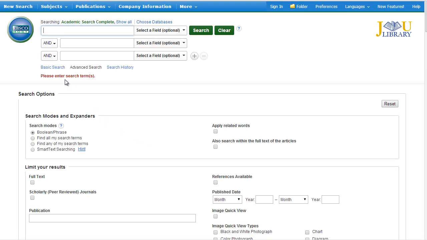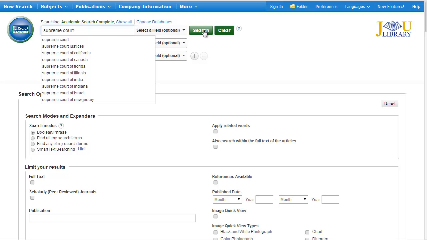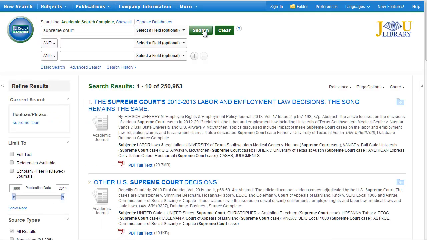Keywords don't have to be tricky. Think of them as step one in the detective process. They're basically just words about your topic. I'm going to keep it simple by entering Supreme Court. Here's where we have to do a bit of detective work because, whoa, over